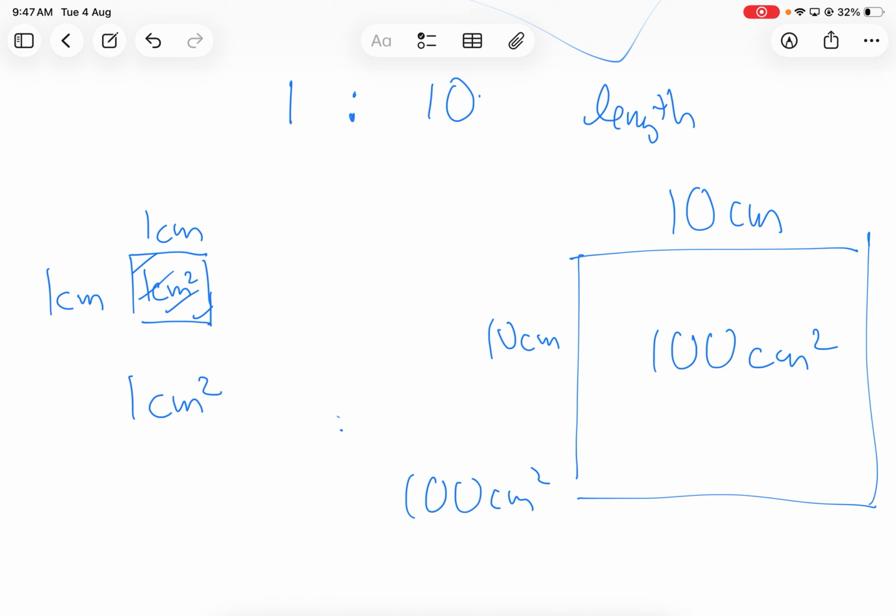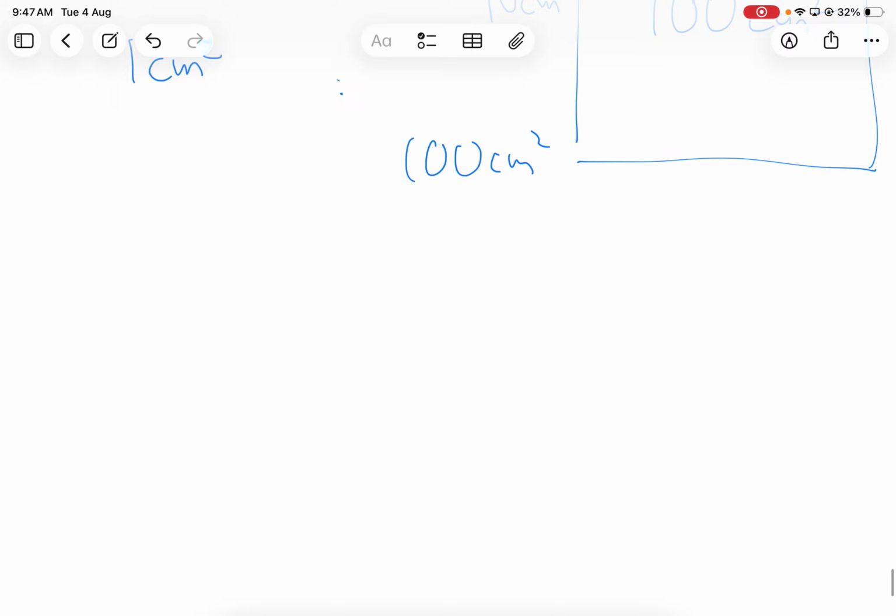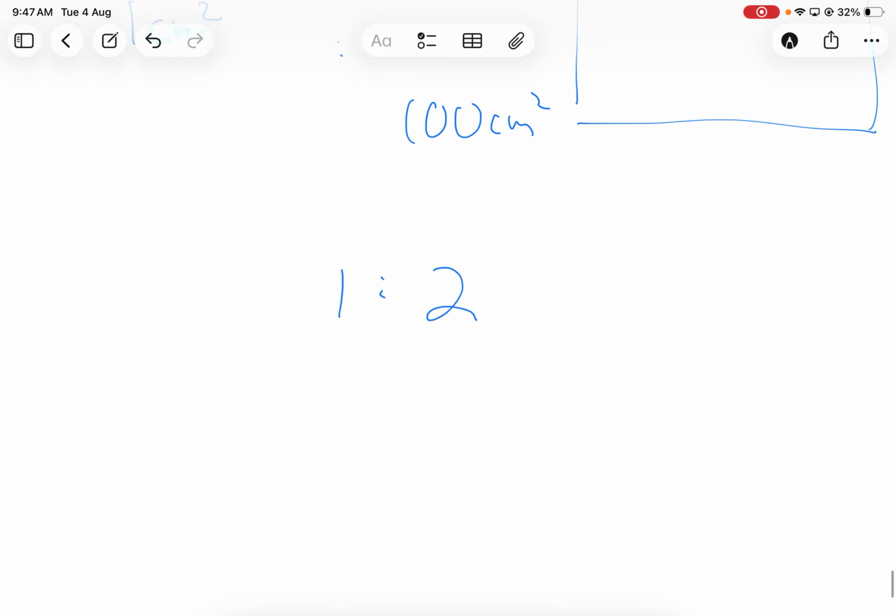Okay? I cannot use the scale factor for length to calculate area. I need the scale factor of area. That is the key. So if we go back to the question just now,